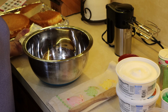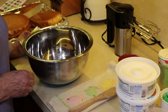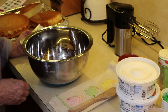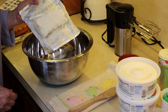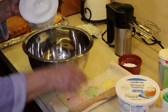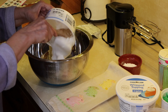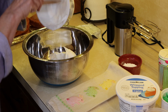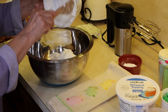So now we're going to make a really simple icing for our bunny cake. You can use a prepared canned icing for this and it works just fine. But we're going to use 1 block, 8 ounces of cream cheese. We're going to use 12 ounces of Cool Whip that's been thawed. Each of our containers has 8 ounces in it. I couldn't find a 12-ounce container, so we're going to use 1 whole and 1/2